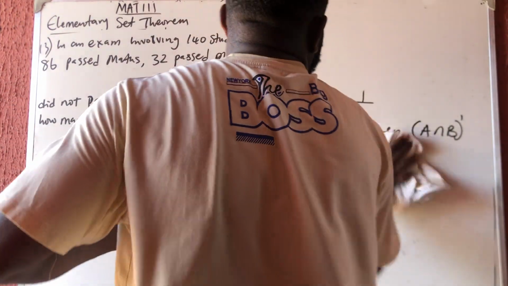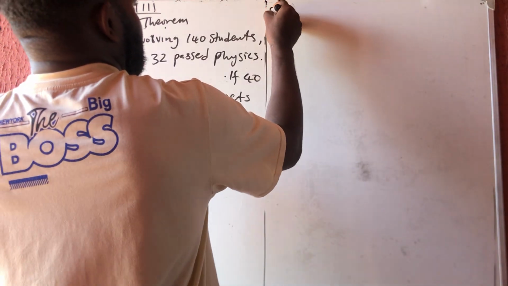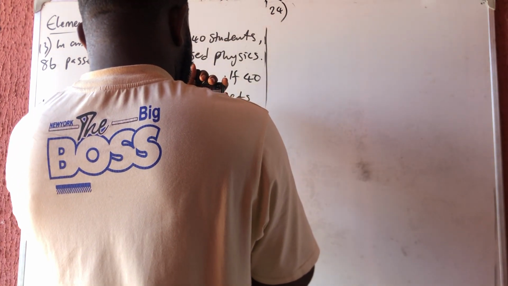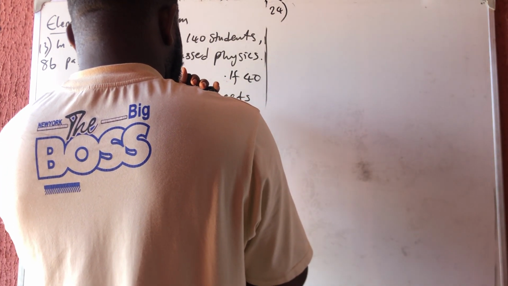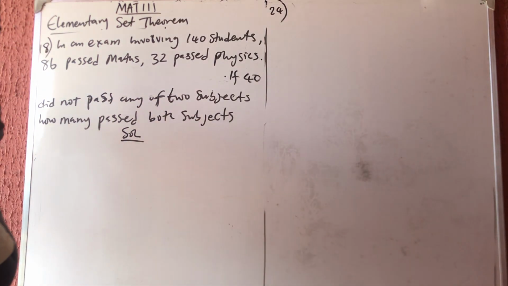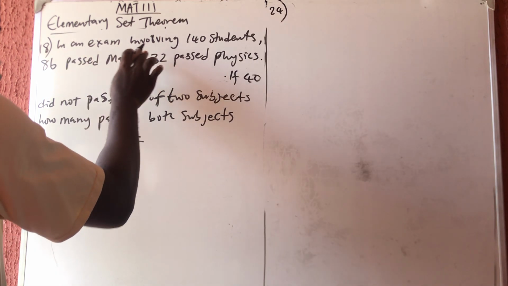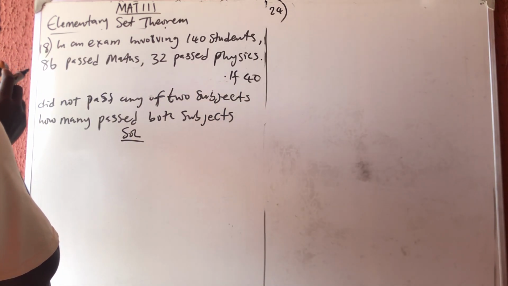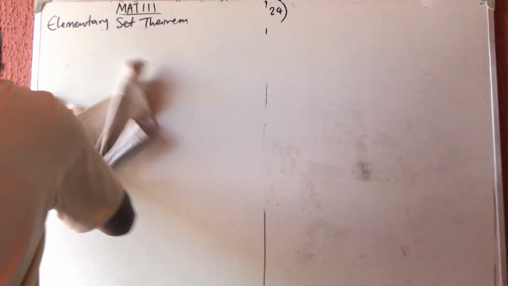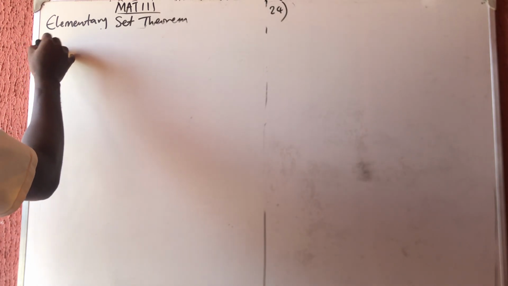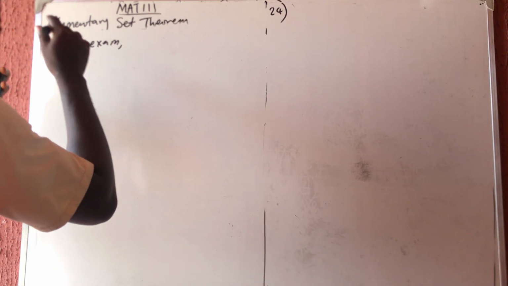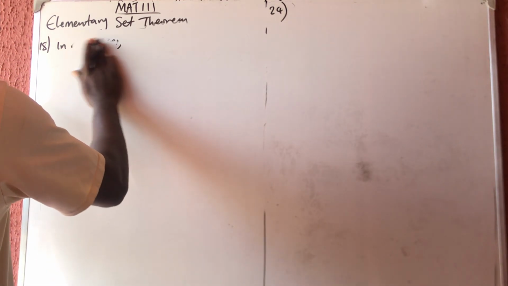Question number 24. Sorry, we skipped question number 18. Please, we skipped question number 18. And question number 18 said, in an examination, please let me write that. So question number 18 said, in an exam, in a class of 40 students,